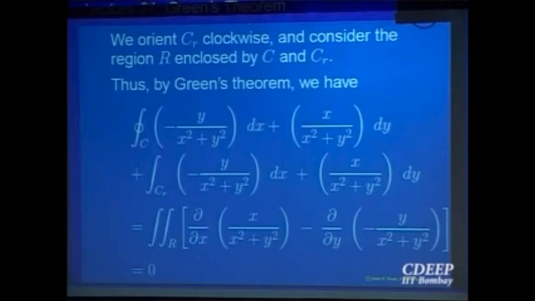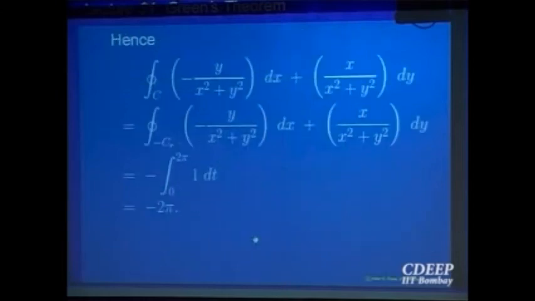So as a part of Green's theorem, because the integrand came to be 0, we are able to change the curve completely. From an unknown curve, I am able to bring it to a very known nice curve, a circle for which I know the orientation. So I can calculate the line integral now. The line integral over the arbitrary curve C is going to be the line integral over a circle of radius R. Let us calculate that, and the value comes out to be minus 2 pi.